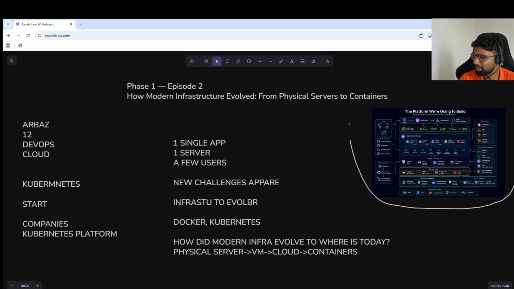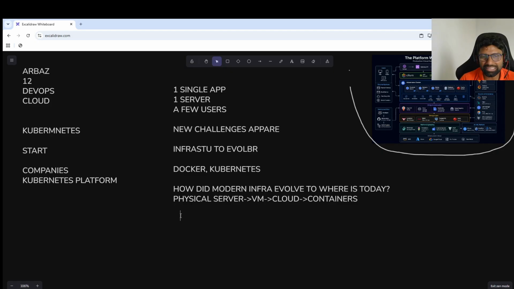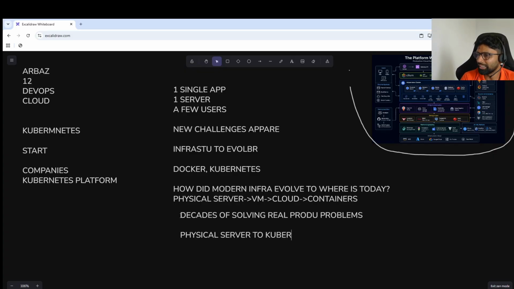Because Kubernetes didn't appear overnight. It is the result of decades of solving real production problems. And in this episode, we are going to follow the entire journey from physical servers to Kubernetes step by step.